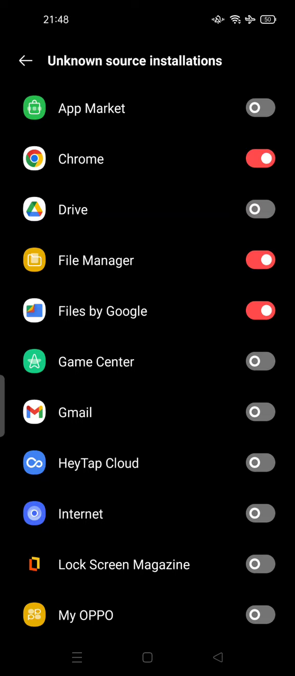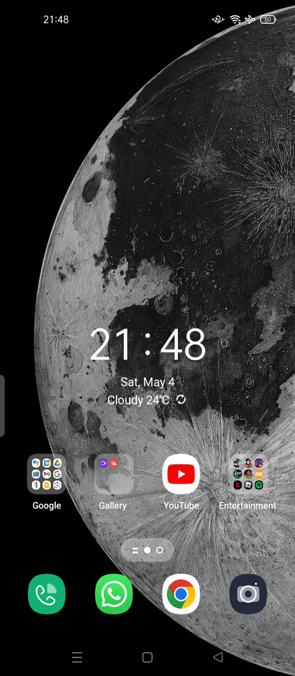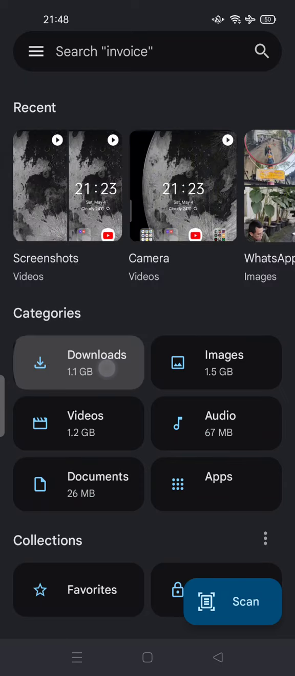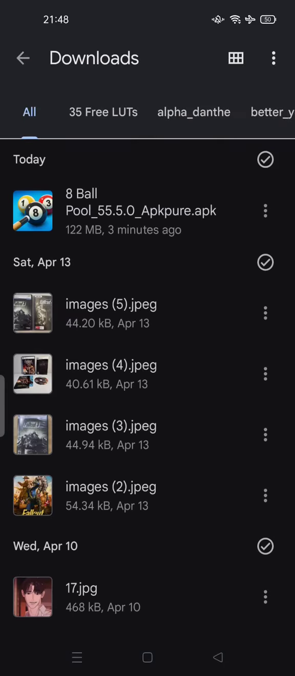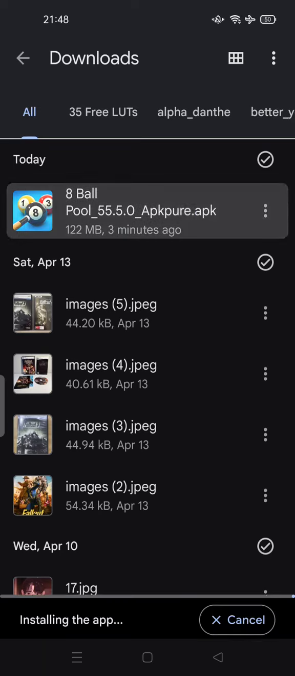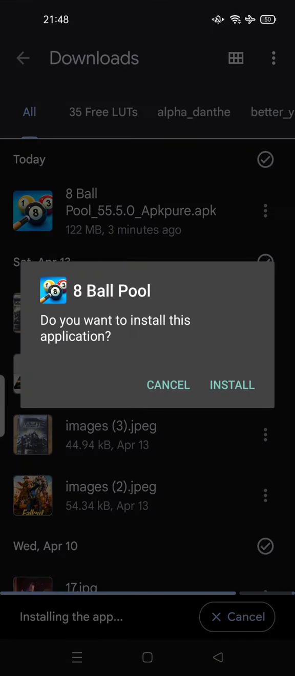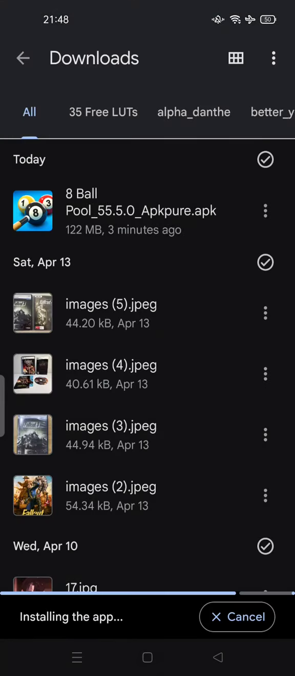Allow, and go to the home page and try to search for Google Files. In this case I'm using Google Files, and go to your Downloads folder, and this is the APK. So you can install this APK application. Just tap this app, tap to install,